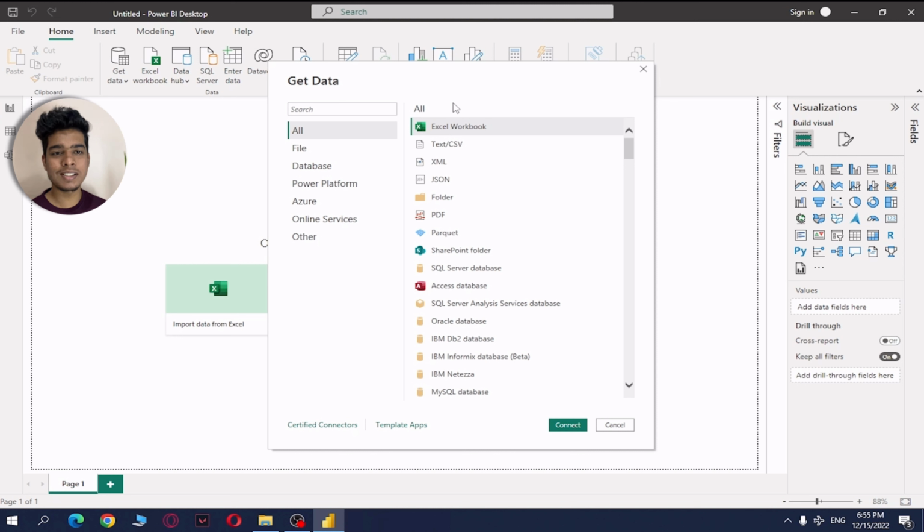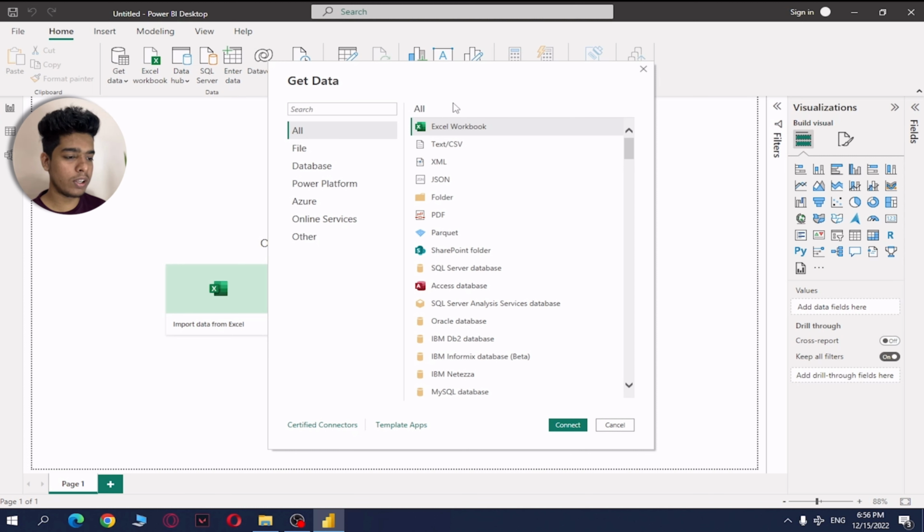Among the 100 options, we're going to learn Excel, CSV, folder and MySQL, because these are the options often used in companies. And one survey conducted on LinkedIn says Excel is the most used tool to store data in most companies. So we will learn these skills, and if you need to load data from anything else, you can simply Google. Power BI has a huge community. Definitely you will get hundreds of solutions and can resolve your issue. If that doesn't resolve your issue, you can comment below and we will definitely try to resolve it. So let's first understand how to load data through Excel.